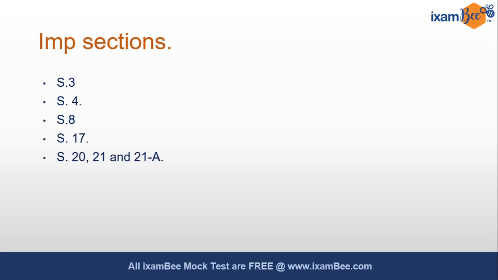India. इसके जो important sections हैं those are section 3, 4, 8, 17, 20, 21, 21A. These three are related to the RBI transacting government business, इसलिए इनको साथ में लिया है. At the same time these sections provide right as well as obligation of RBI to transact government business. Section 22, right to issue bank notes. 24, denomination of notes, legal tender of notes.